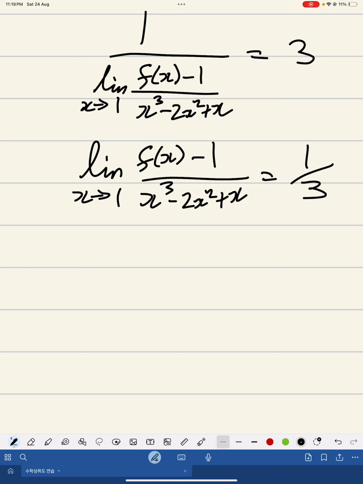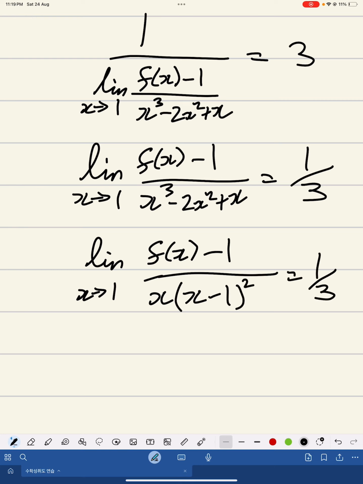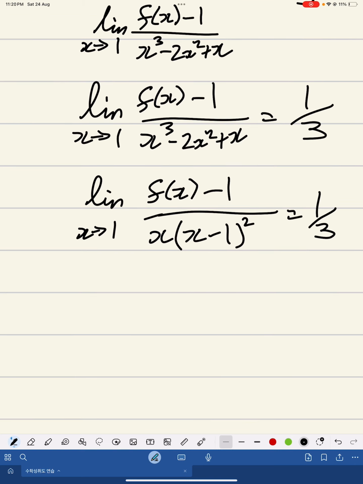I'll factorize the function below. That would be the limit as x approaches 1 of f of x minus 1 over x times, that's x cubed, x squared minus 2x plus 1, so that is x minus 1 squared, equals 1 over 3. At this point, we must notice that for this limit to exist, f of x must be a cubic function. Because if it weren't a cubic function, then this would not have existed, right? So seeing that this limit exists and equals 1/3, we can positively say that